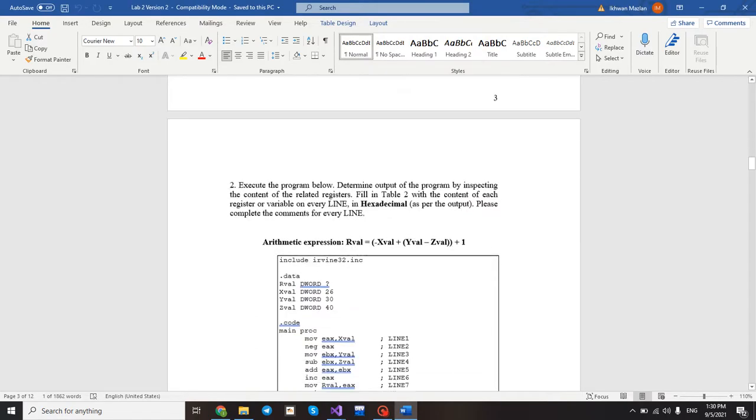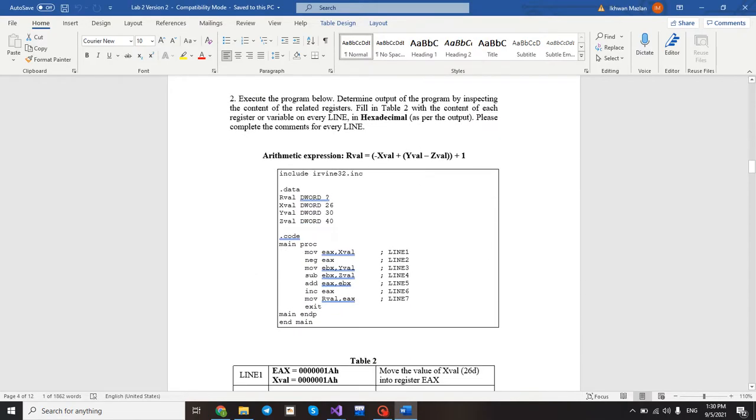we have the arithmetic expression. So how can we create this arithmetic expression in the assembly code? This is the way. We first initialize all the variables using the word,